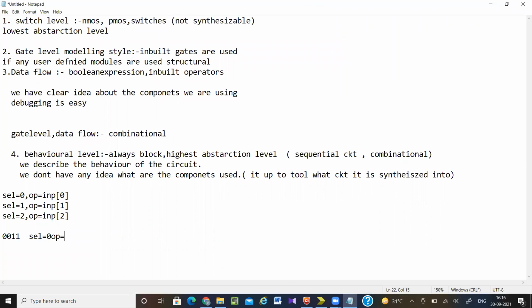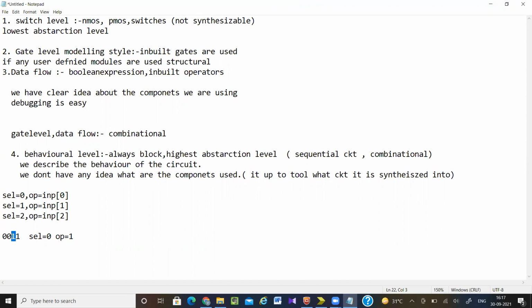My output equal to 1. If I am getting my output equal to 1, then I will think, yes, my design is correct. But here my question is, is the output 1 due to this part or this part? Because both are 1. Maybe you have made some mistake so that you are getting output from this line, but as it is 1, you are thinking that your design is correct.